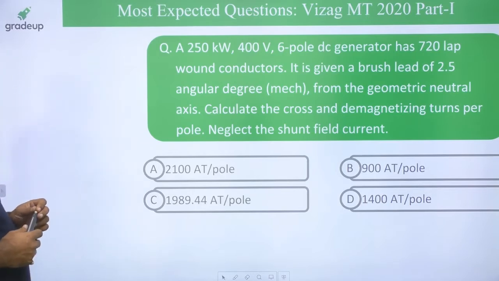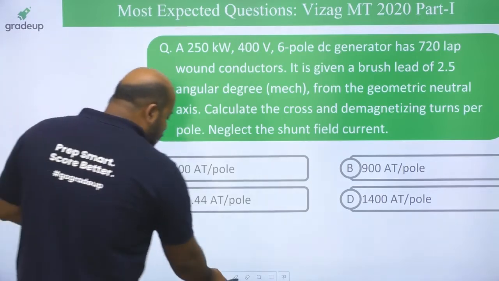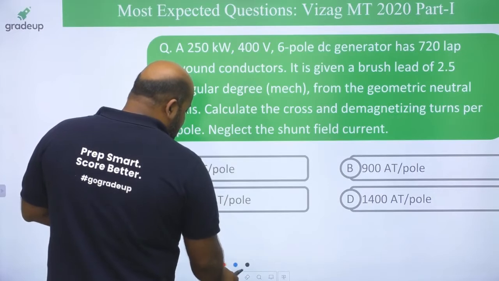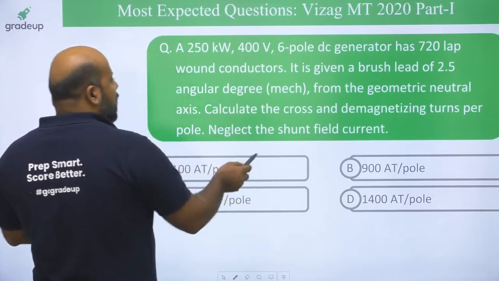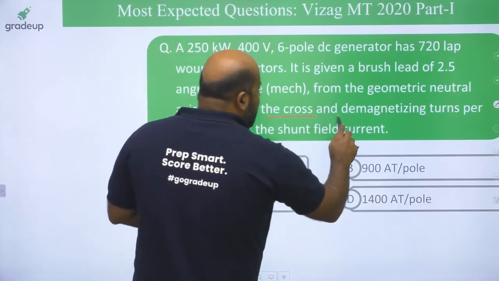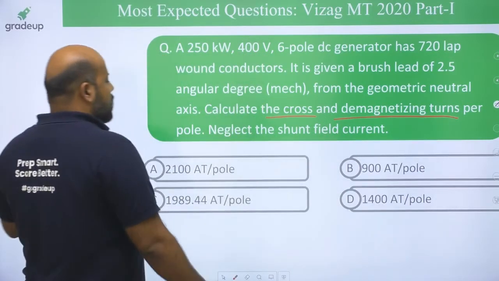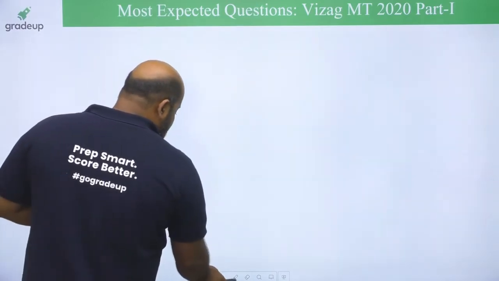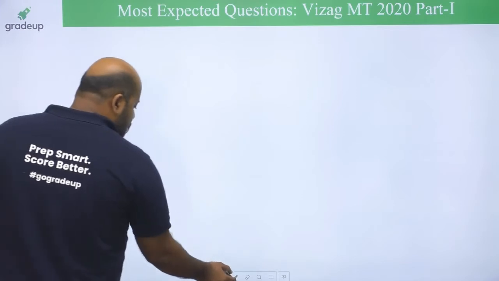Now just read this question carefully. Very easy problem, direct formula based. And if you have understood the previous problem, it is going to be quite easy for you to understand this. He is asking the cross magnetizing and demagnetizing ampere turns because of the brush shift. Now you tell me, suppose